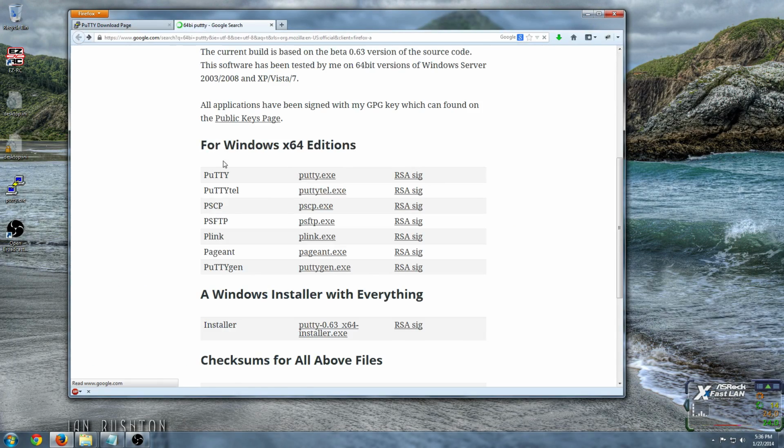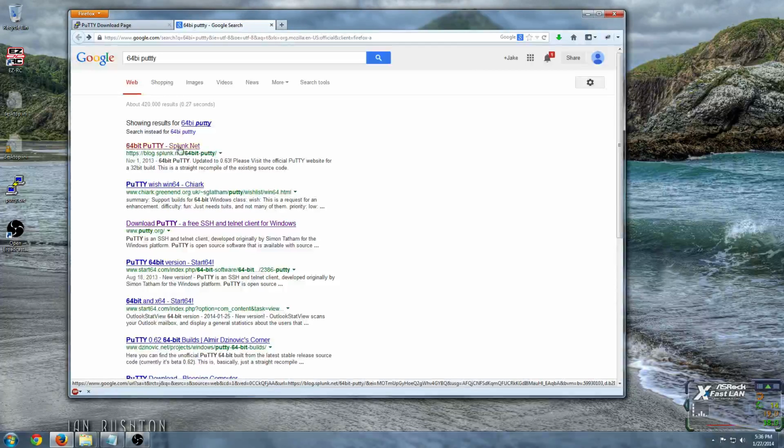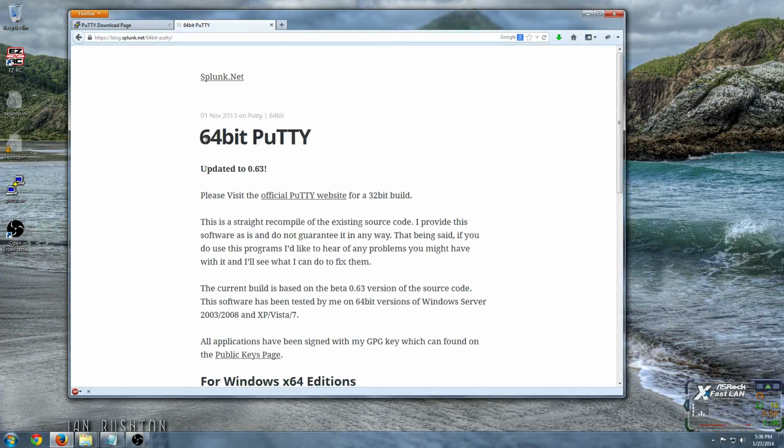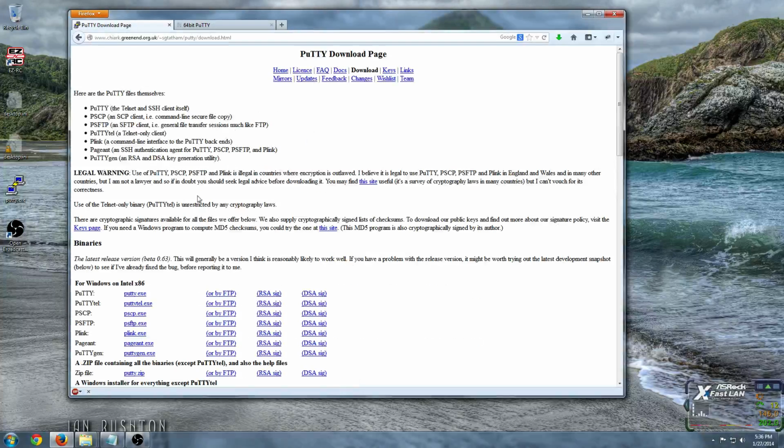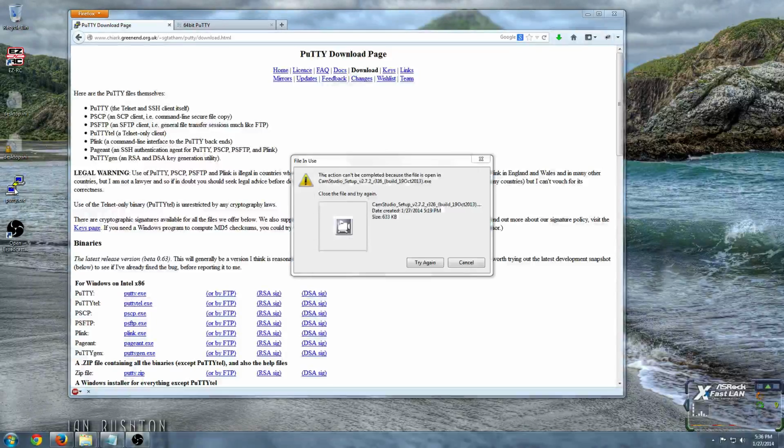I just looked up 64-bit PuTTY, and it brought me to splunk.net. So I downloaded this one. I'm actually running the 64-bit one. It seems to be working fine. It doesn't really matter. Either one should work on the system. So you can see it's over here populated on my desktop. So if I open this thing up,